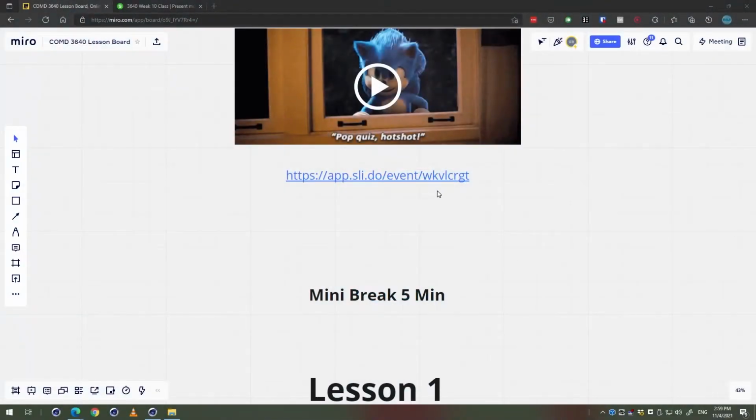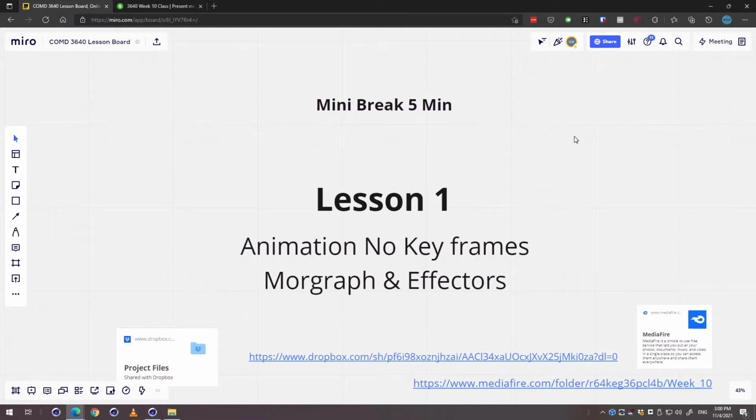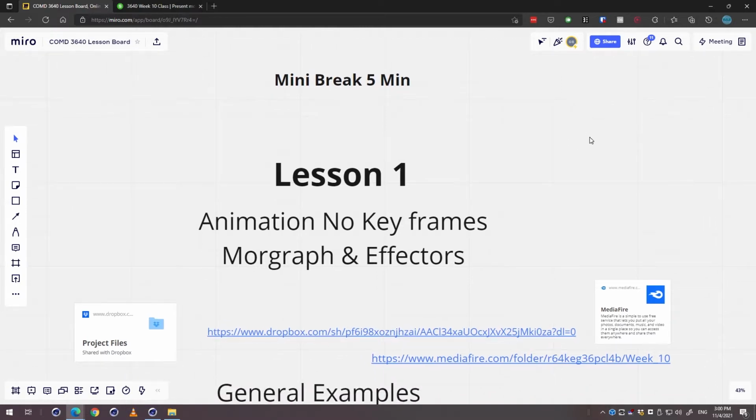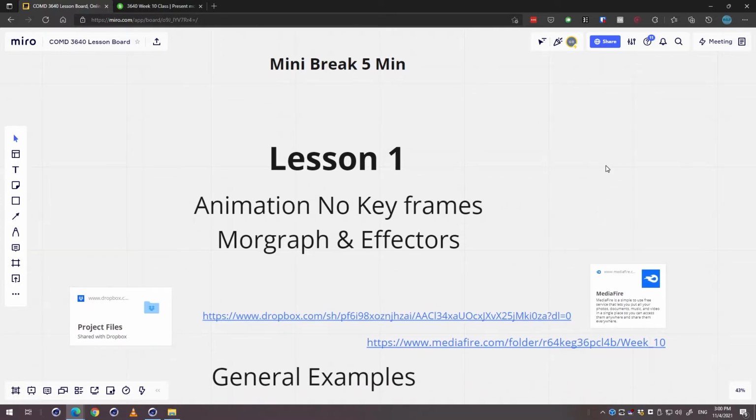Okay, good. All right, so what we're going to get into now is animation inside of C4D with no keyframes. And specifically, we're going to be talking about Mograph and effectors. Now, this is one of the highlight points for using Cinema 4D compared to a lot of other 3D applications. It has a powerful feature called Mograph that uses effectors in order to create dynamic animations that